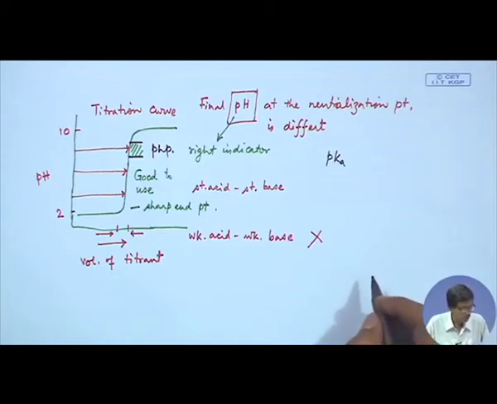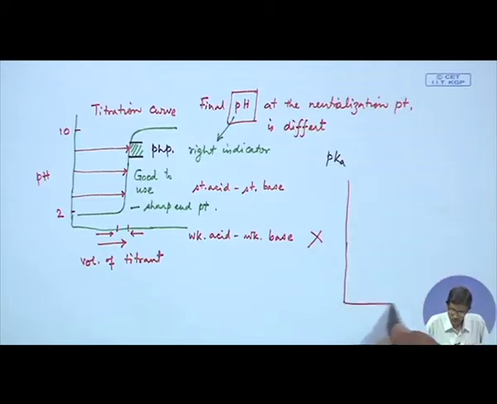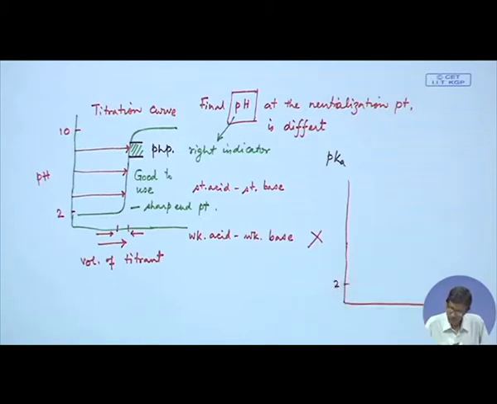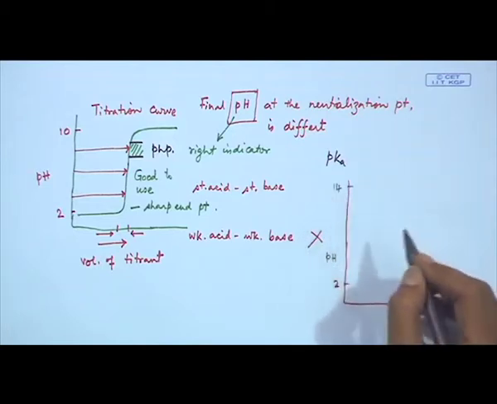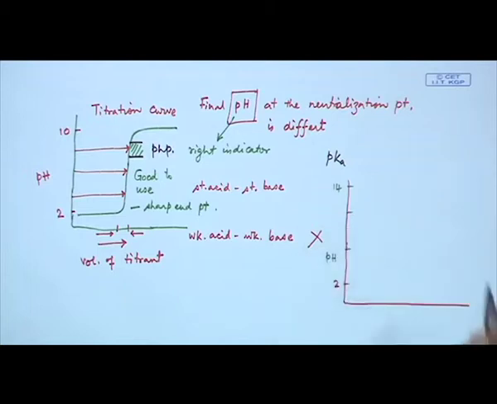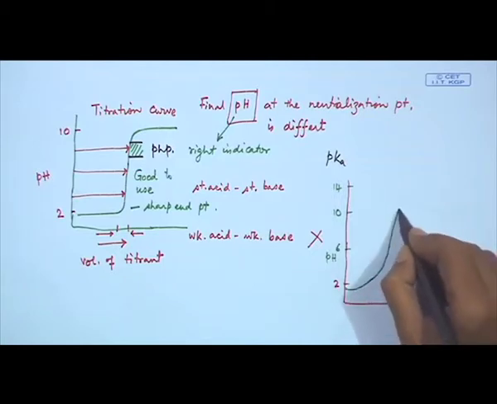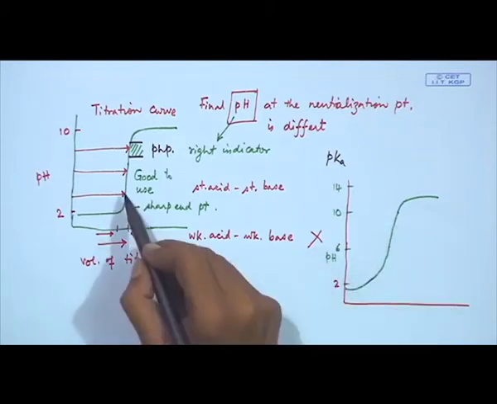So, this is a very interesting thing to know, how good the plot is. But if we move to a different titration, where the pH value is changing from less than 2 to say 14, in between you have 6 and 10, but this plot is something broadened and like this.